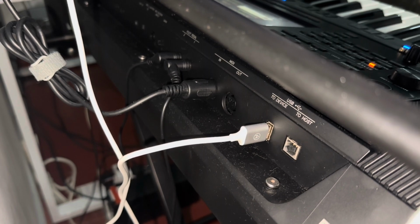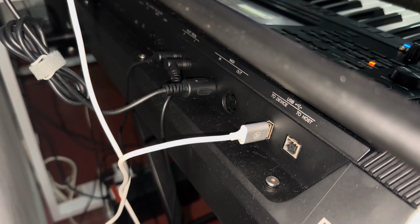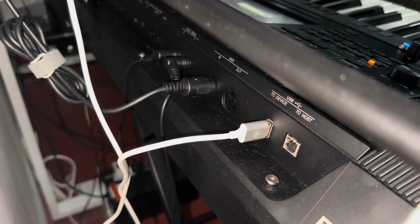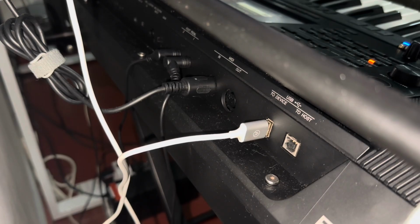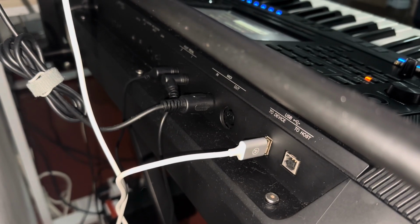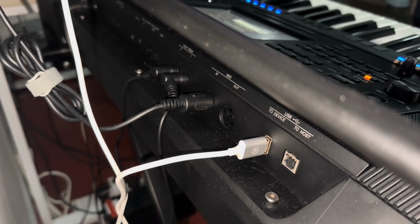Please check the specifications of your USB port if you are powering your controller keyboard using any other USB port like this. If you don't have any capabilities in your keyboard to power a USB device, you can use a separate power supply. Now the MIDI cable running from the MIDI out port of the controller keyboard is connected to